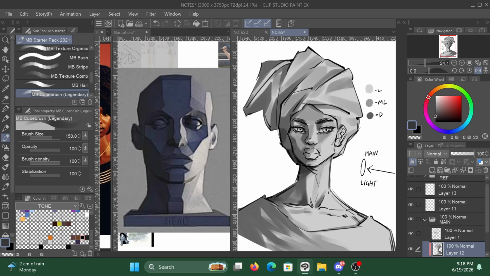Throw in just a couple. And you can even go even lighter. So I'm gonna pick this color, and then I'm gonna go even lighter, maybe even lighter, to add a bright brush stroke there. But yeah,